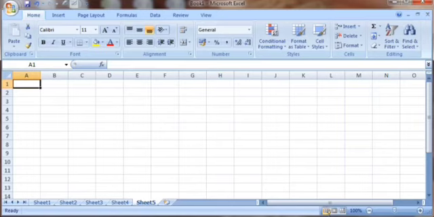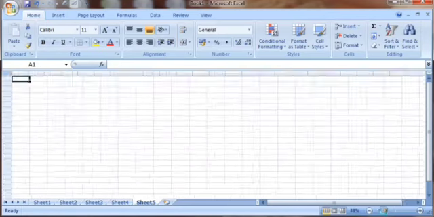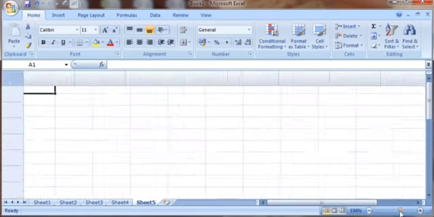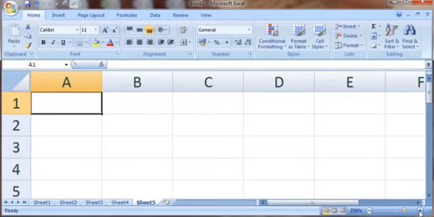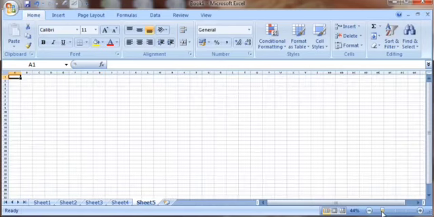These are view buttons: normal, page layout and page break preview. This is zoom button. Using this button, we can zoom in. When you move towards plus, it is called as zoom in. When you move towards minus, it is called as zoom out. It is similar to magnifier.